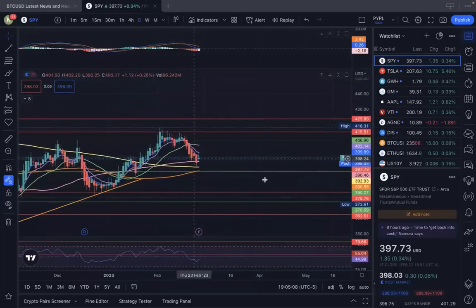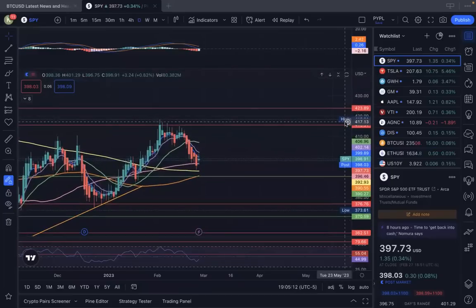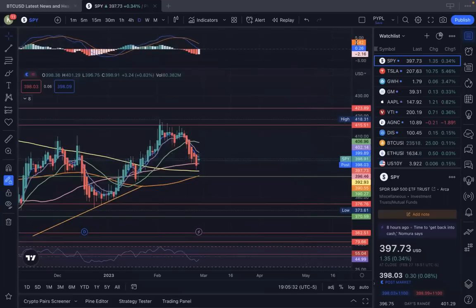So this is the S&P 500 on the daily chart. I normally look at the daily chart when it comes to stocks. It's just better for me because I am more of a long-term trader. So I'm into buy and holds, and I do some swing trades, but that's pretty much it when it comes to stocks. So with S&P 500,